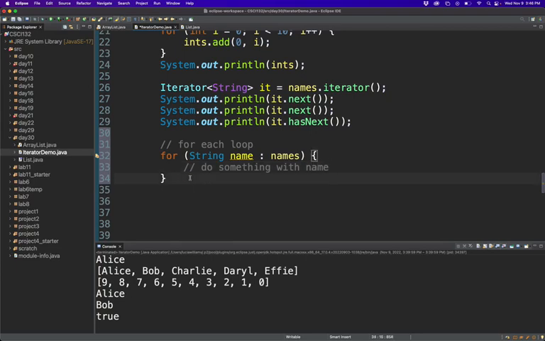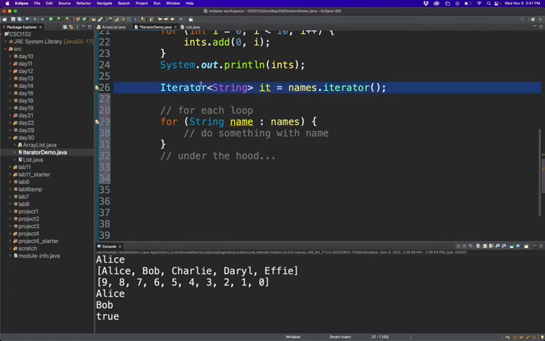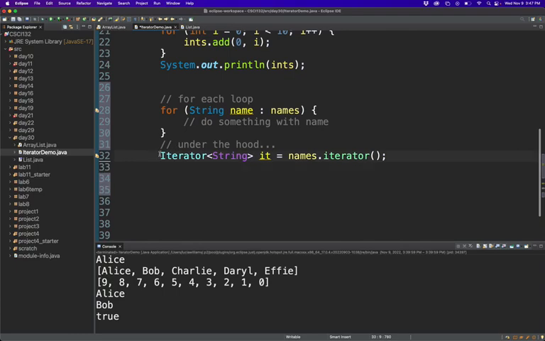So really what's actually happening is these for each loops are implemented under the hood. They are using iterators. So under the hood, we're getting an iterator over names, like this one. So I'm going to just delete this and move this down. Under the hood, we're getting this iterator over names, and then we'll make it a while loop, while it dot,